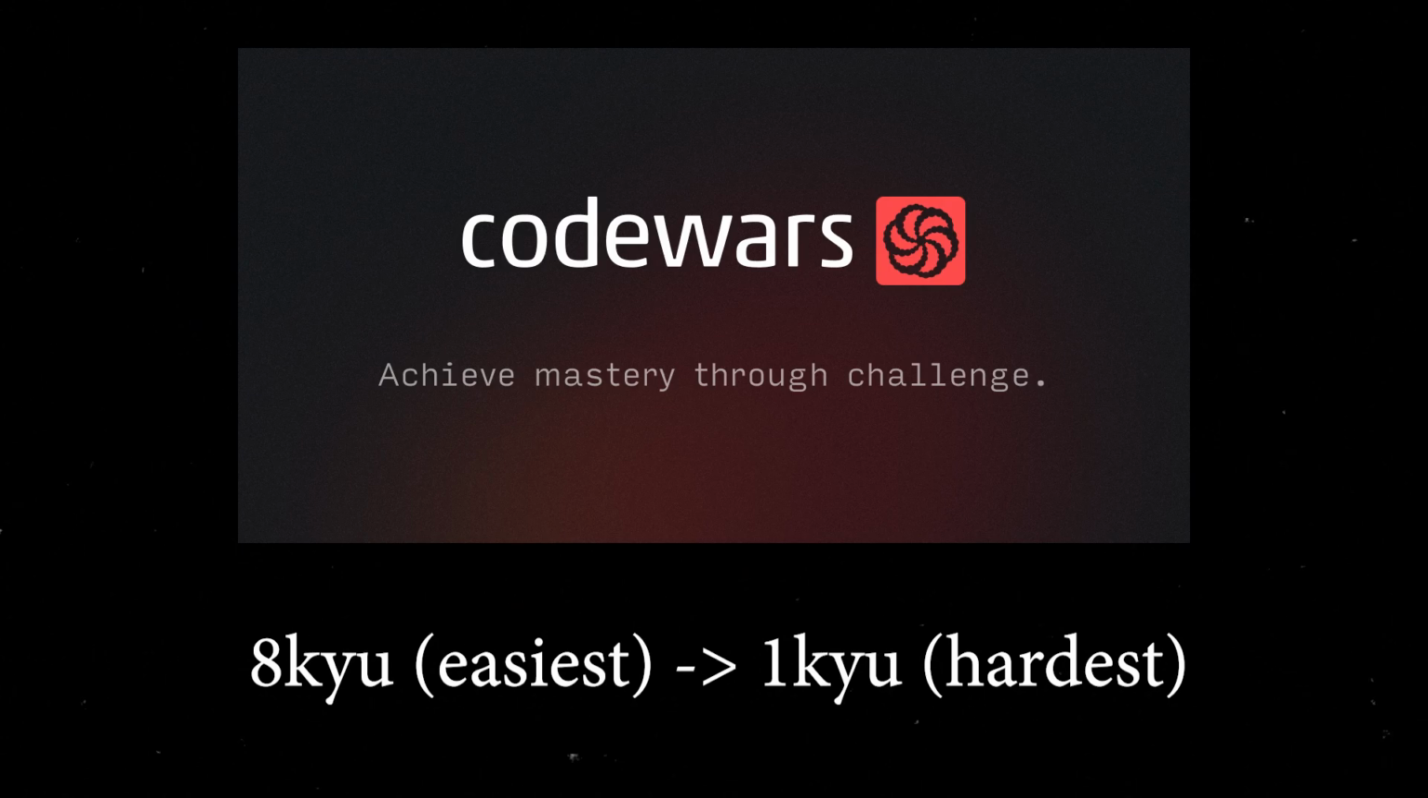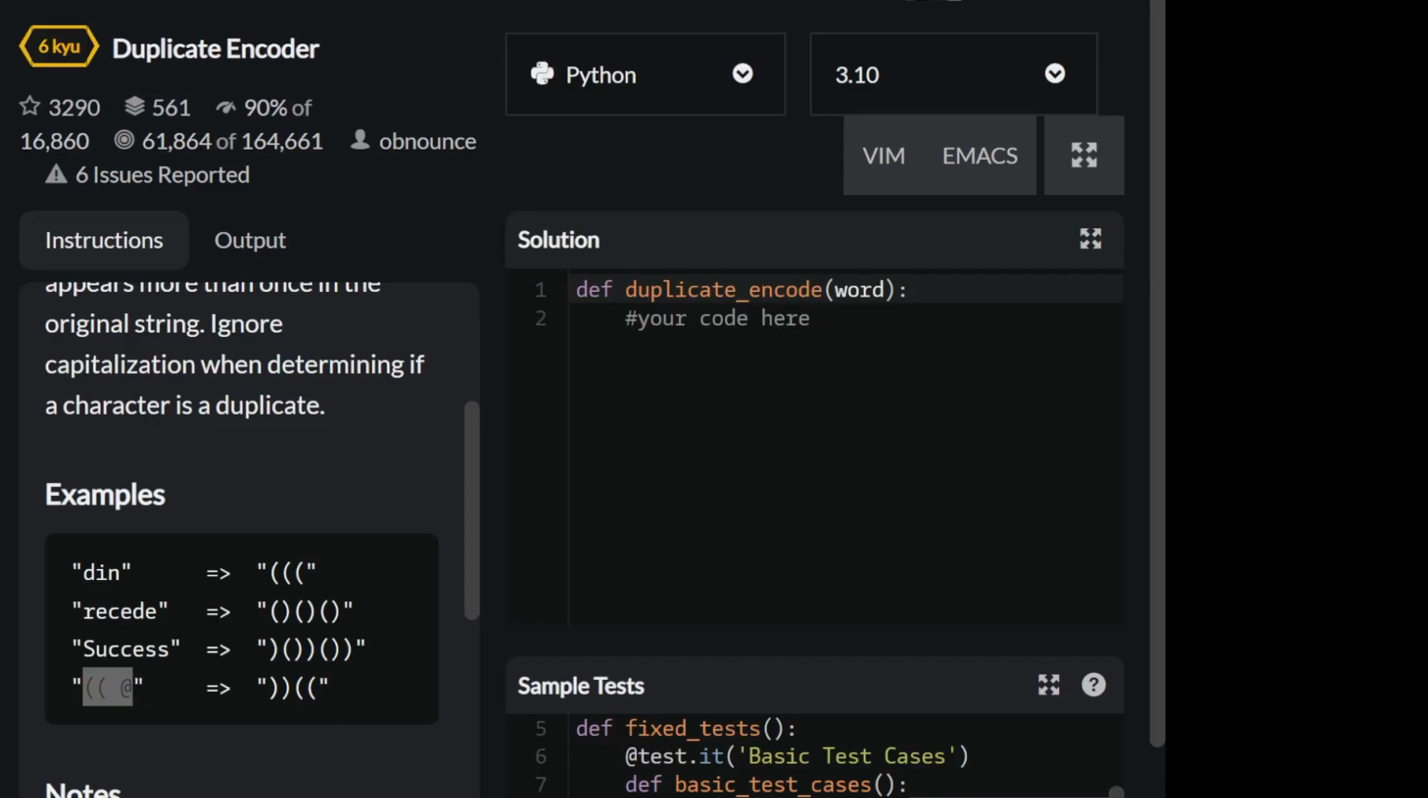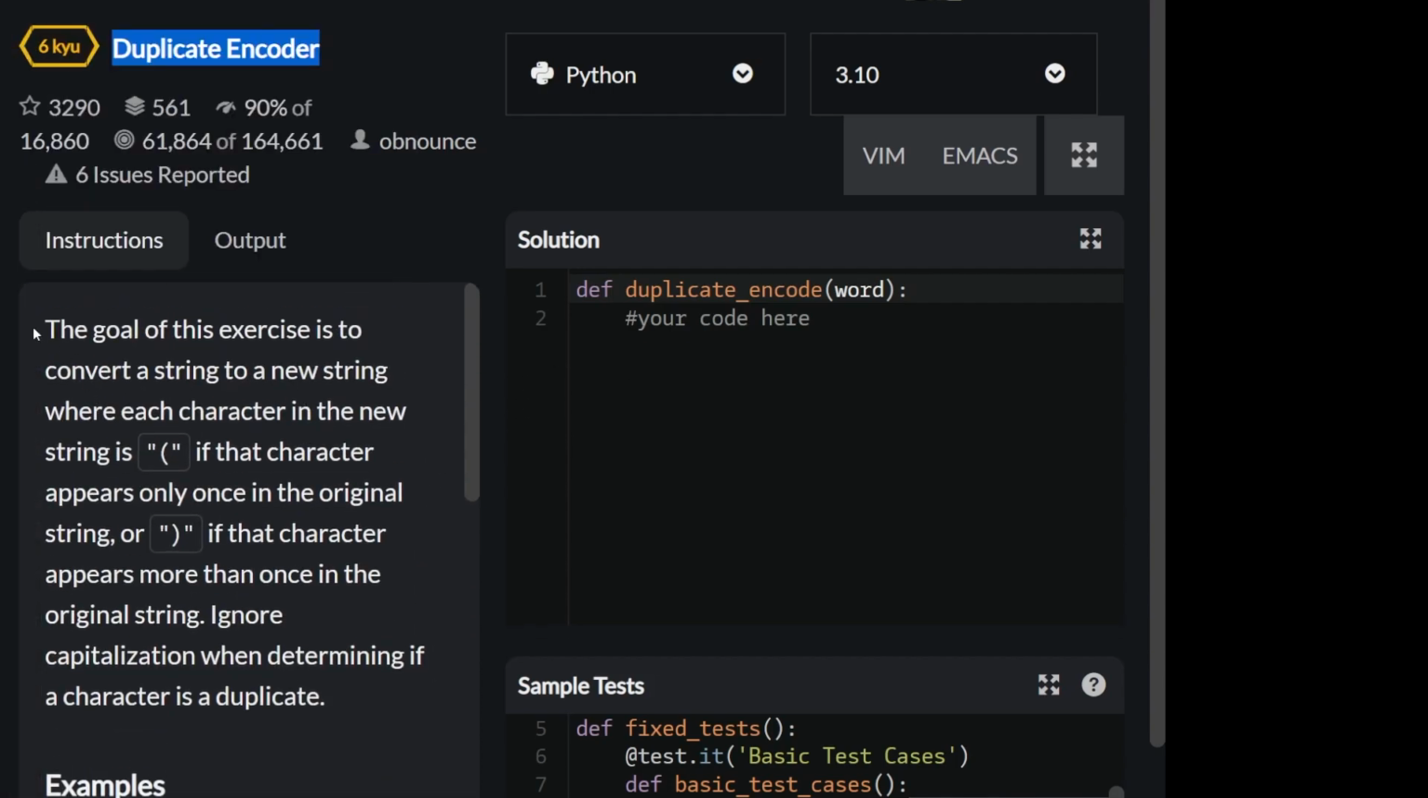1 KYU problems. Okay, so we're back, and what we're looking at here is a 6 KYU problem on Codewars, and it's just a duplicate encoder. And so what it says is, or at least the kata, it says that the goal of the exercise is to convert a string into a new string where each character in the new string is a left parentheses or open parentheses if that character appears only once in the original string. Otherwise, we'll have it be a closed or right parentheses if that character appears more than once in the original